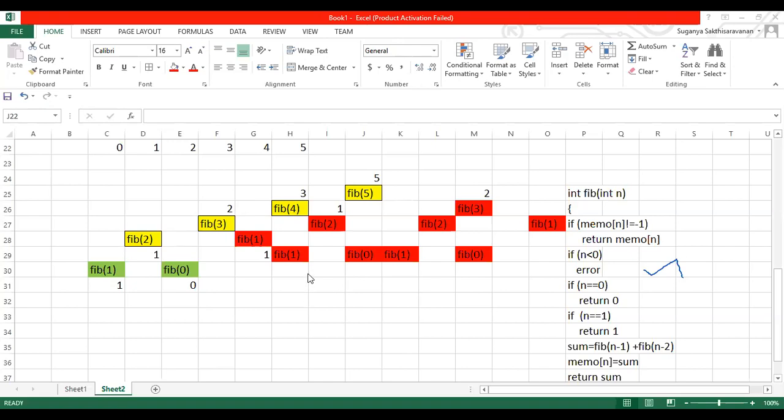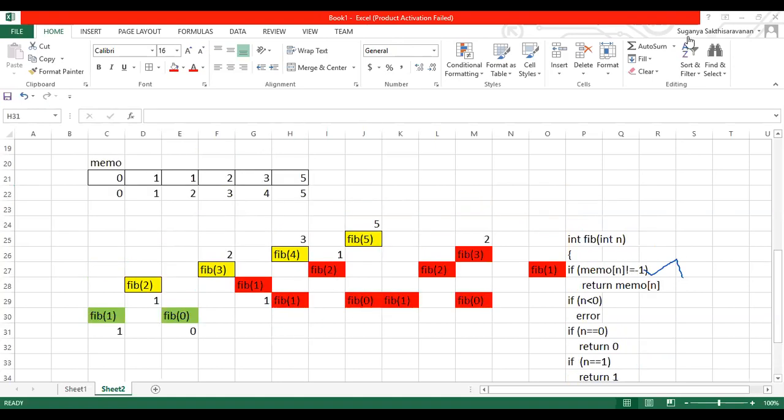Yes, you are right, Nilma. So what happened? Nearly how many iterations? Only 6 iterations are happening, right? You can notice 1, 2, 3, 4, 5, 6. So here the number of iterations is 6, which is more or less equal to your number. The given number is 5, the number of iterations is 6. So what is the time complexity here? It is order of n. Just the upper greater value is considered as order of n, guys.